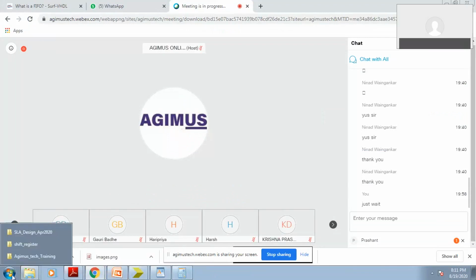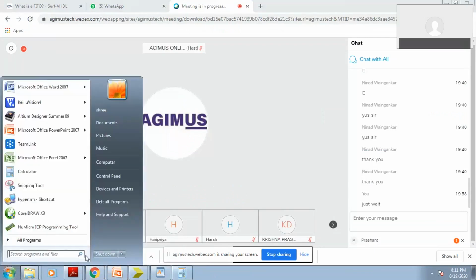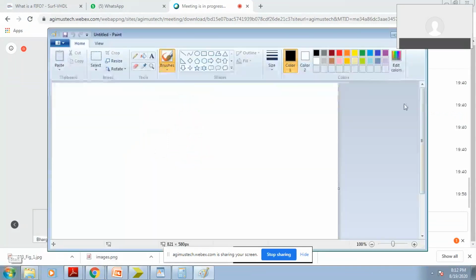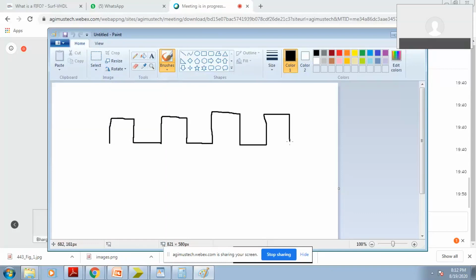So when I am going for the 12 megahertz clock, and from that 12 megahertz clock I want to generate a clock of 1 hertz.